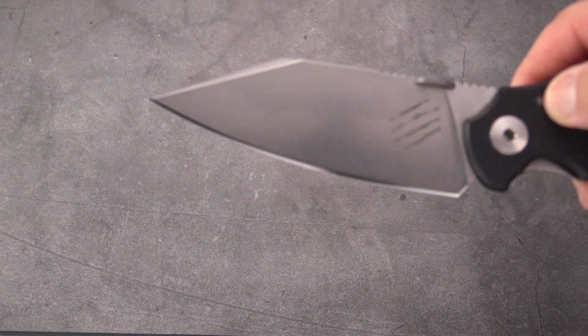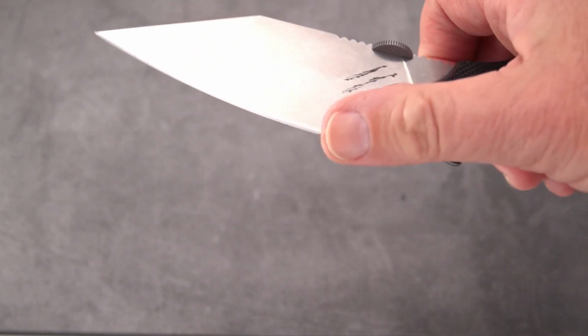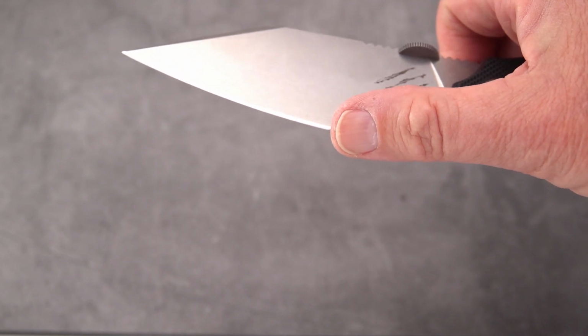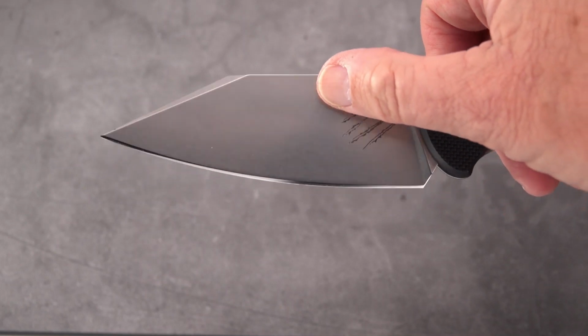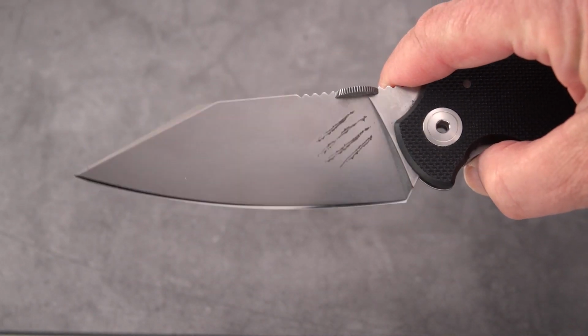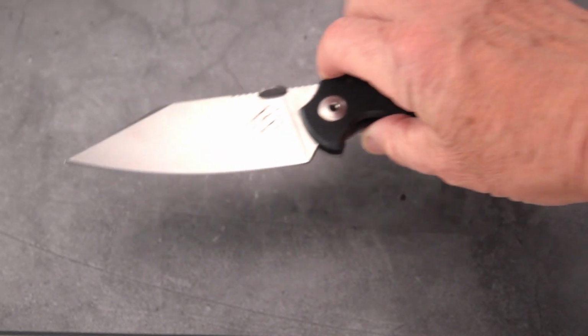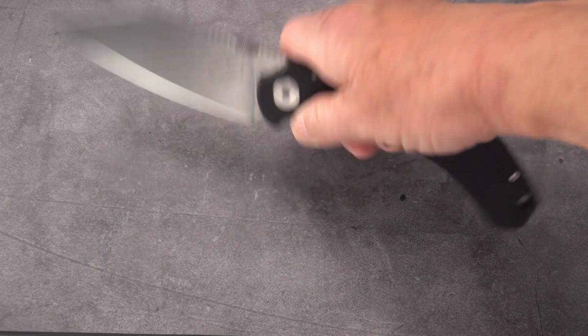I'm not sure if that's Bob's doing or that's a factory edge. I have not asked him, but it's mirror or near mirror and extremely sharp and slicey. Of course, you've got a flat grind going from the spine all the way down this extremely wide width. And while we're talking about sizes, let's talk about some measurements. So, if we can get it all in here for the measuring session,